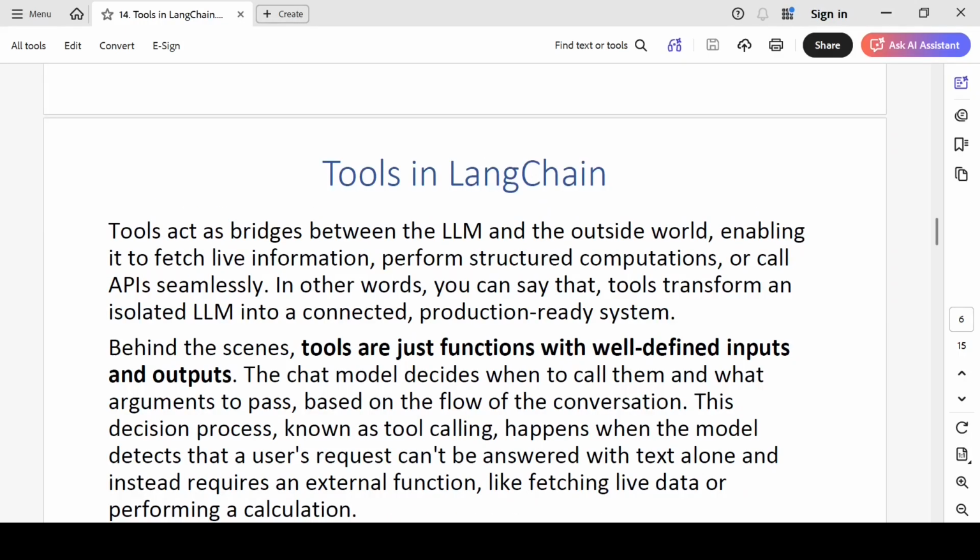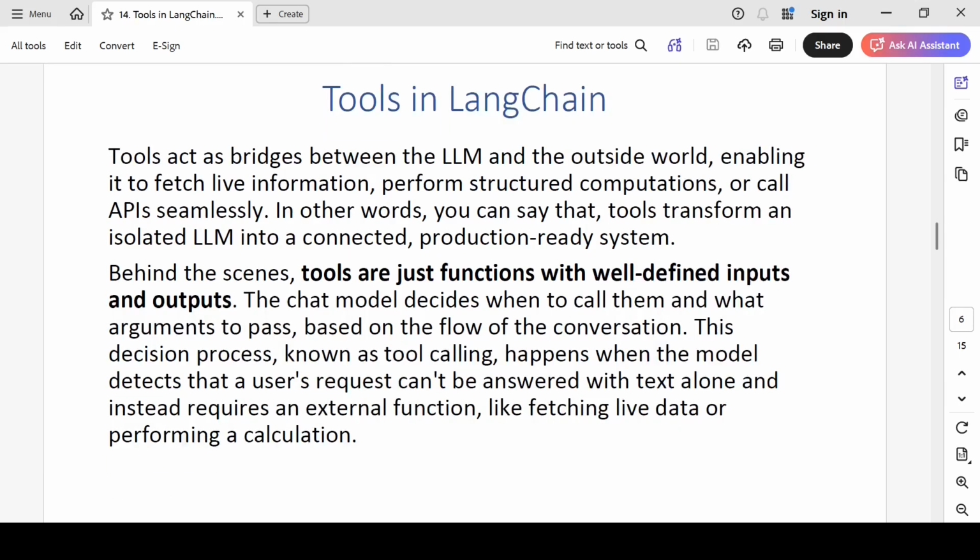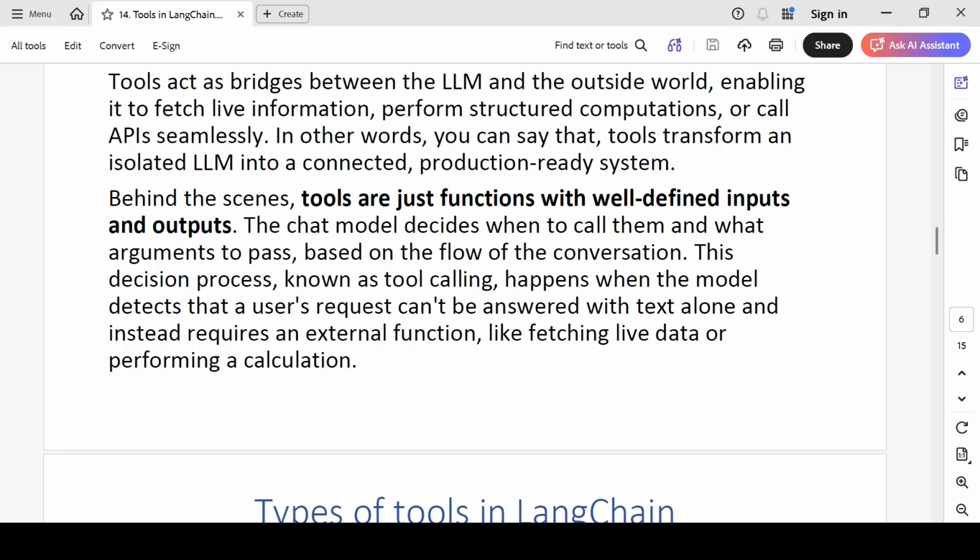So these shortcomings of LLMs can be bridged by using tools in LangChain. Tools enable LLMs to fetch live information, perform structured computations, or call APIs seamlessly. Whatever we saw where LLMs lack, all that functionality can be provided by tools. Behind the scenes, tools are just functions.